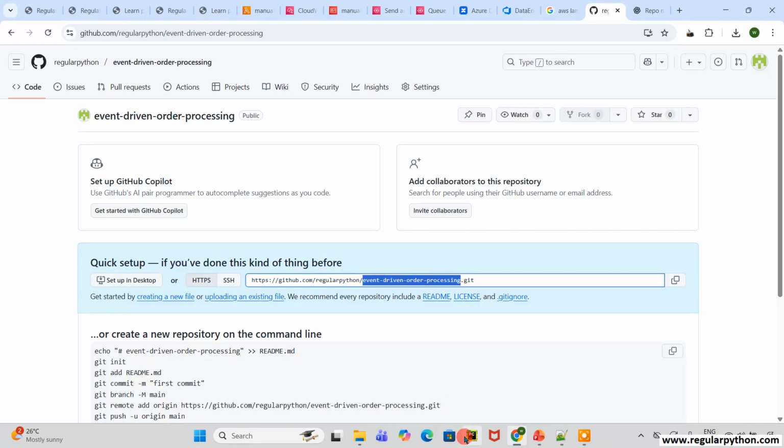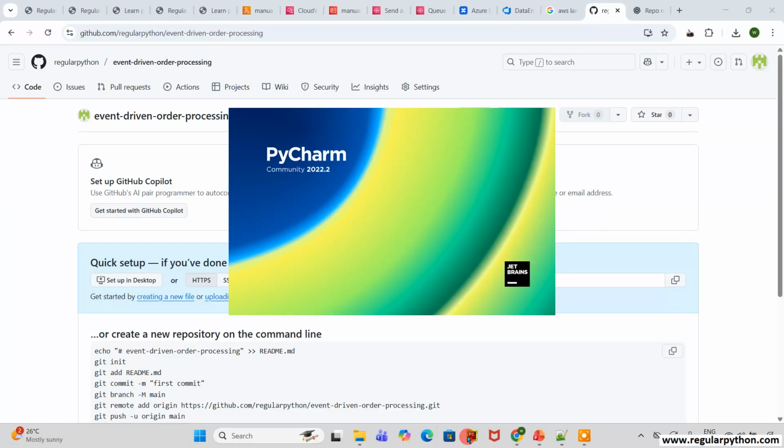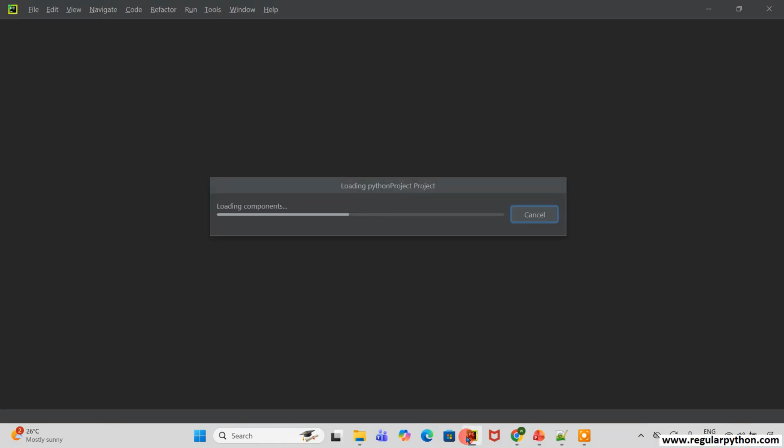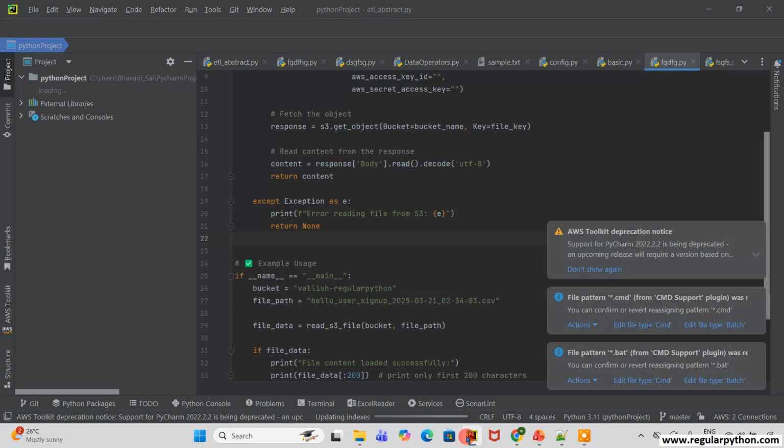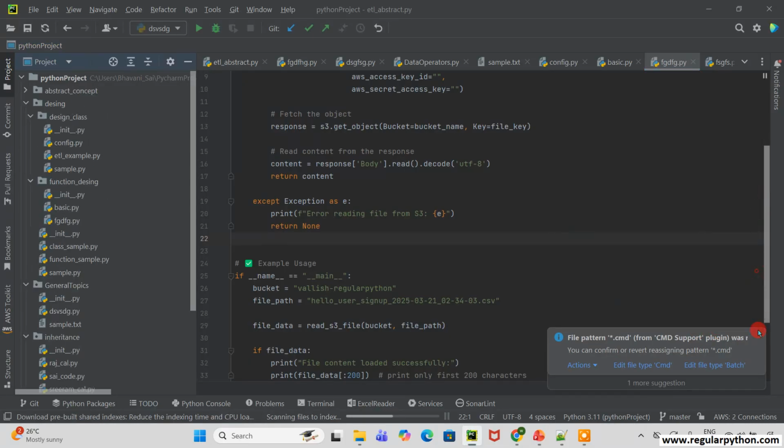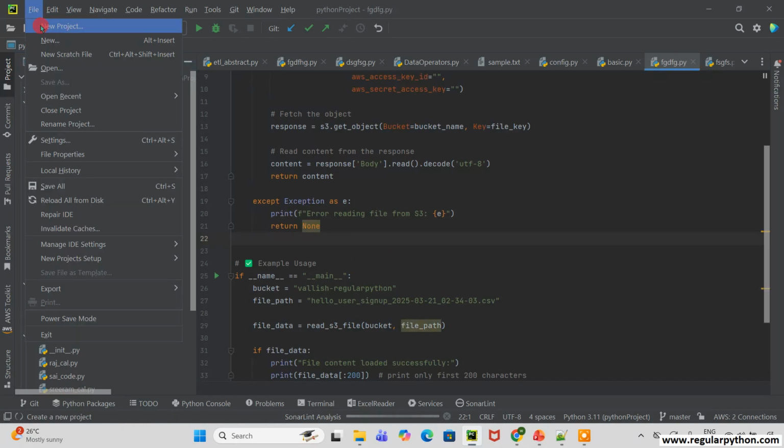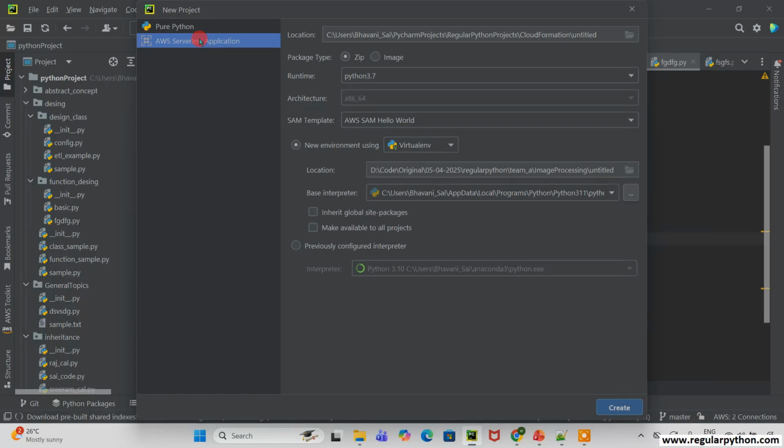Take this and go to PyCharm, the IDE. Any IDE is fine. Mostly PyCharm is the best option for Python developers. Okay, let me create the project. New project. This is an AWS serverless application, right? I'm going to create the AWS serverless application, Python 3.1 version, and the project name is like,